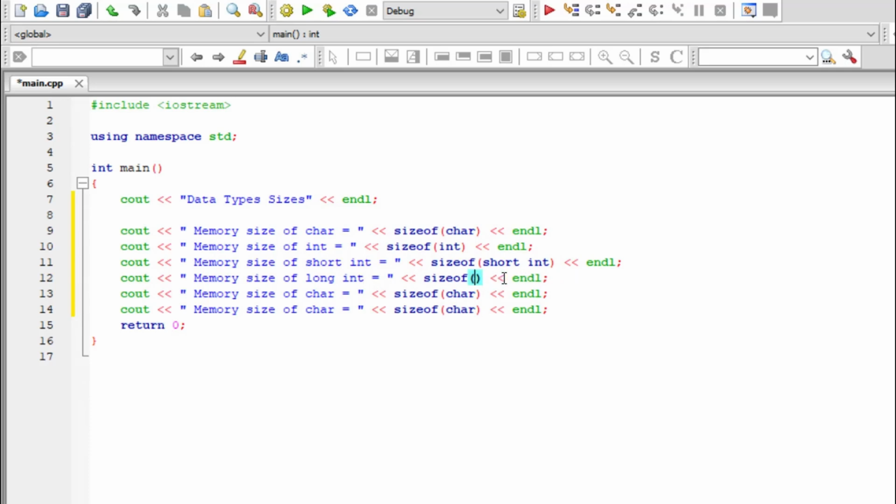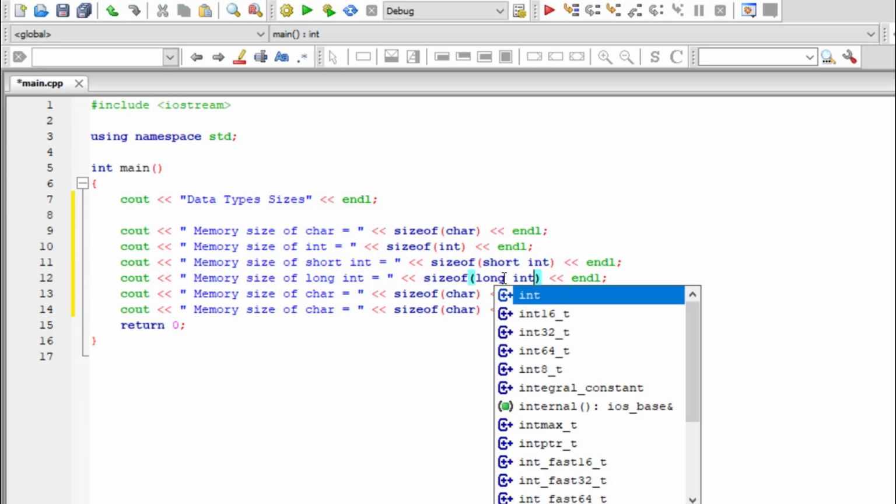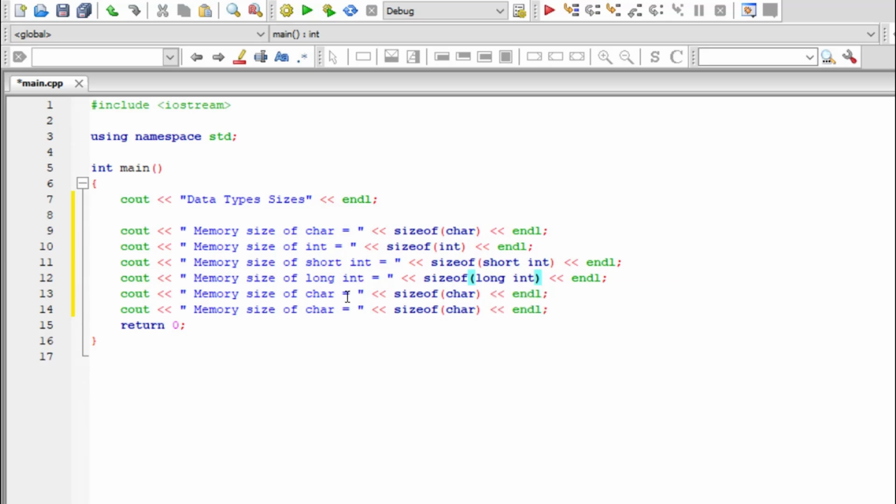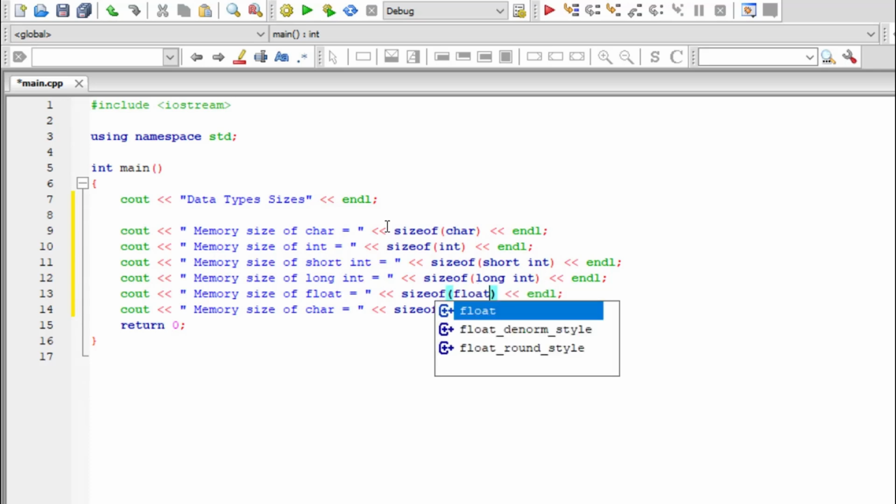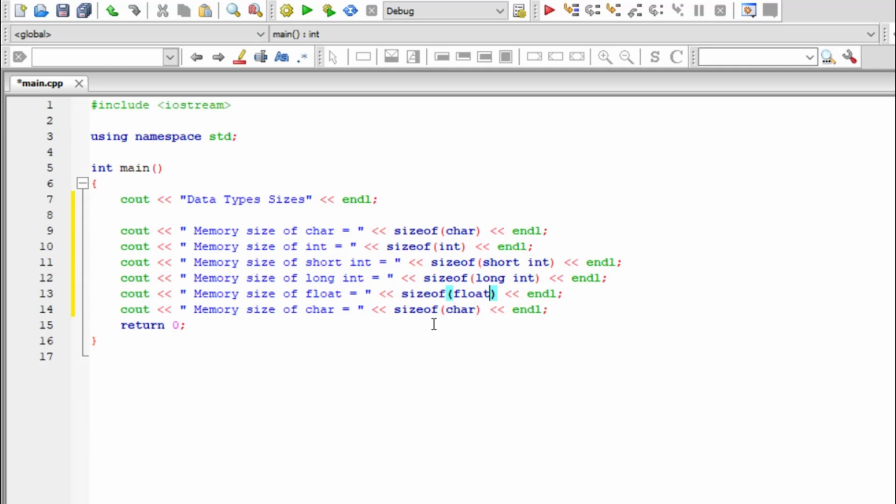So memory size of long int is equal to sizeof long int. Then memory size of float is equal to sizeof float. Then memory size of double is equal to sizeof double. Alright, so